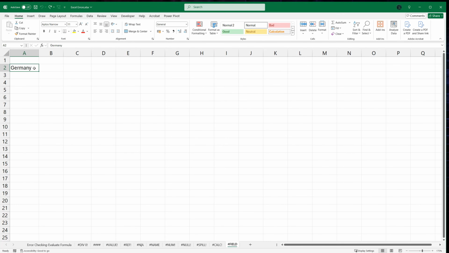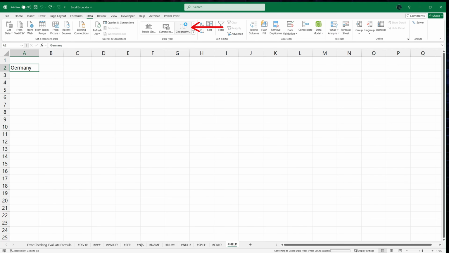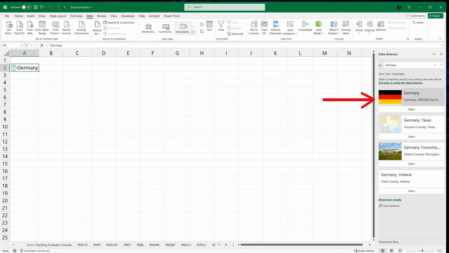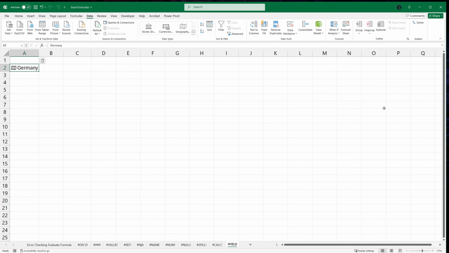In our last error, we will use a not so common Excel mode, the geography. To apply it, we need to have data that represent a country, a region, or a city. Here we have a cell with the value Germany, so we are ready to proceed. We select it, and then from the Data tab, we select Geography. Here we confirm which Germany we want, since it found 4 possible options. And now we can easily and fast get information about Germany.